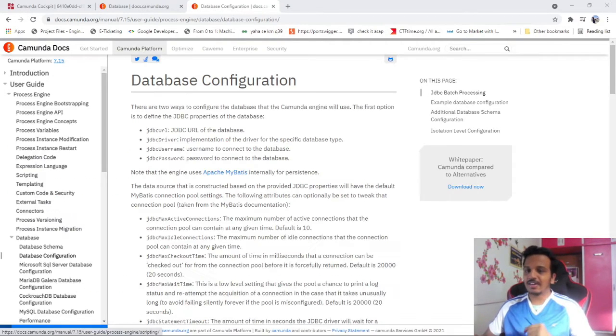So let's get started. And first of all, it's not about Java or non Java. We are going to cover everything. If Java, then how to connect. If not Java, then how to connect.